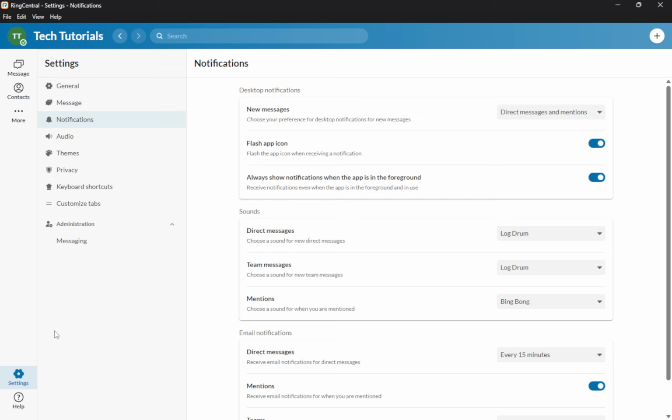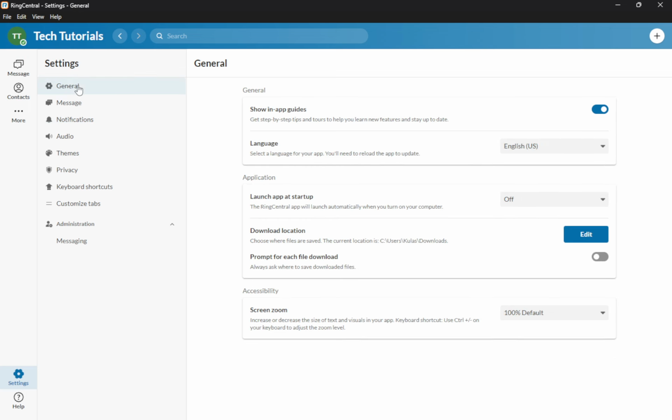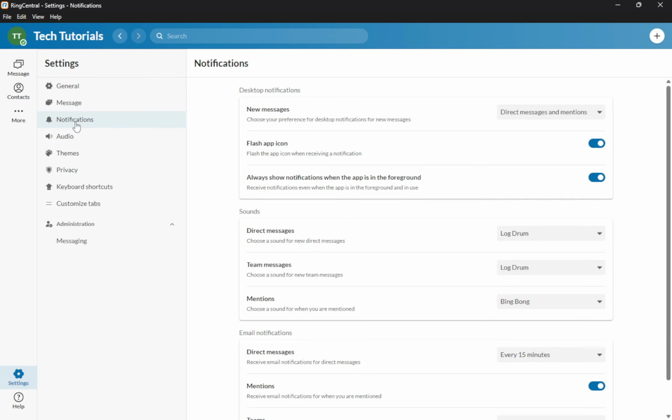Inside Settings, find the section labeled Notifications and Audio. Depending on your version, it might be named something very similar, like Notifications and Sounds. This is the area that lets you choose what kinds of alerts you receive and how you receive them, visually